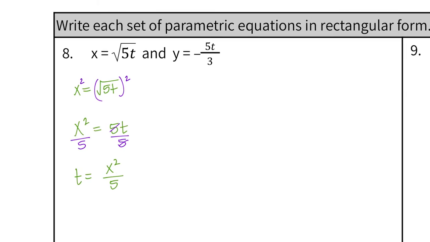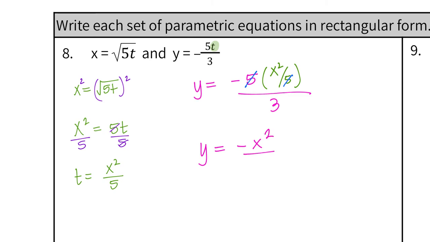Okay, so now that we know what t can equal, look at the other equation, find t, and plug in what we just found. So y equals negative 5, but instead of that t, we're going to plug in x squared over 5, and then over 3. So the cool thing about this one is that these 5s cancel out. So all that's really left is negative x squared over 3,